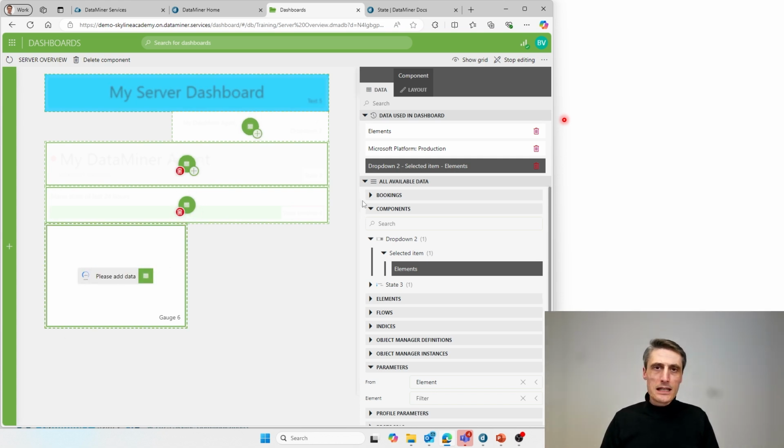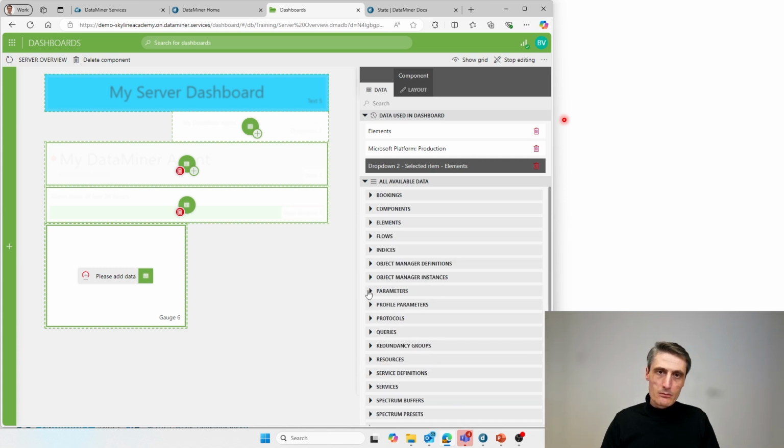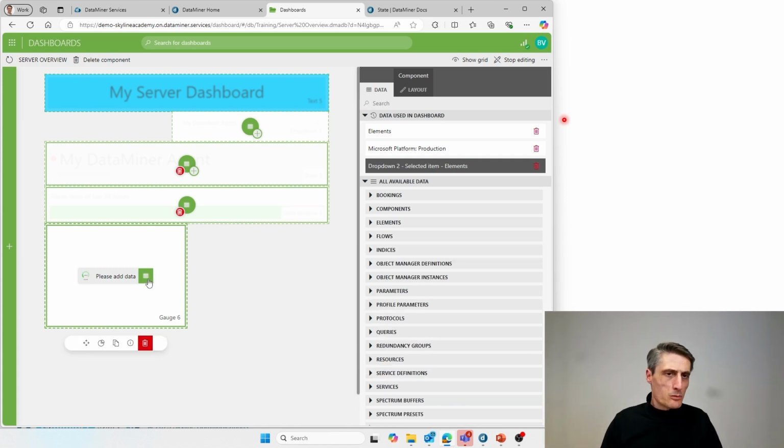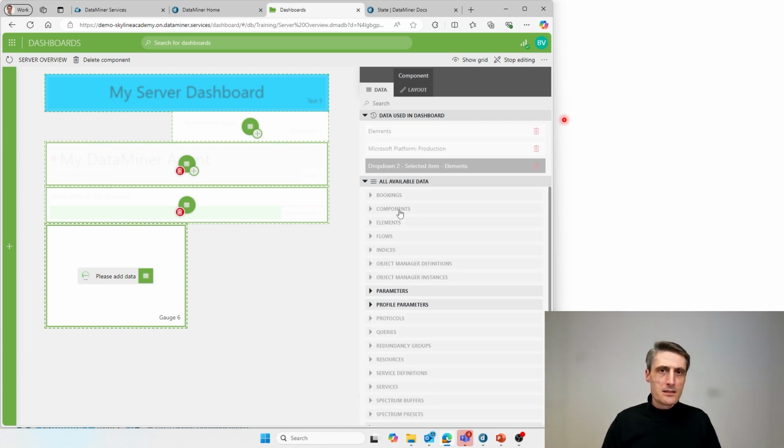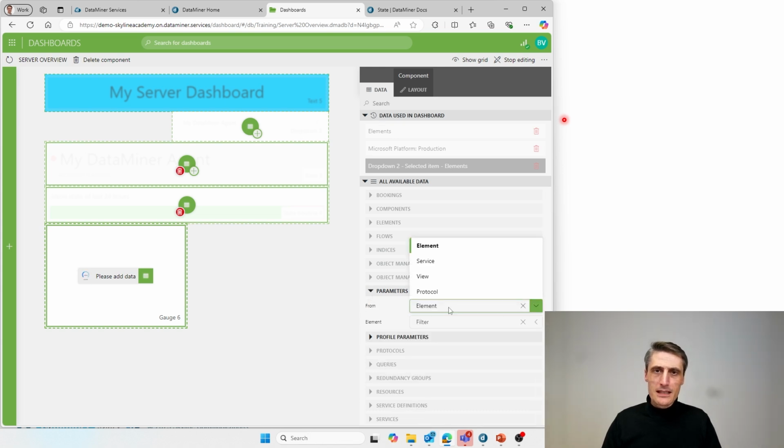So how can I do that? Well, in order to do that, you need to, let me select, yeah, maybe we'll get a tip here. If we select this one, we will see that you cannot link it to the component dashboard. You can only link it to the parameters. Okay, so I'll have to go for parameters then, but I won't go from element, but I will